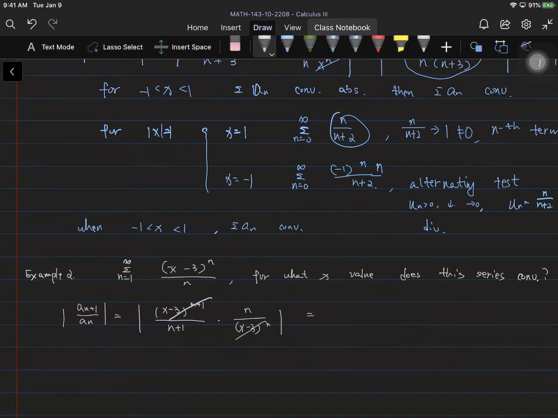Cancel that with that. x minus 3 is left, so it's going to be x minus 3 times n over n plus 1. Is that correct? And then find the limit of this thing. The limit is just the absolute value of x minus 3, and this is the limit rho. So we know when this is less than 1, our series converges. So we need x minus 3